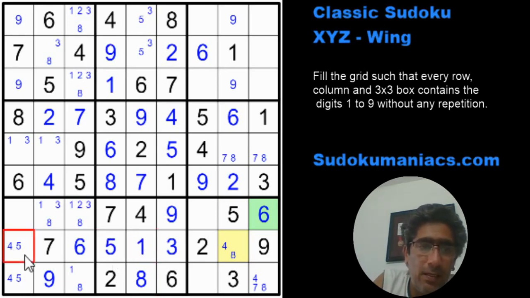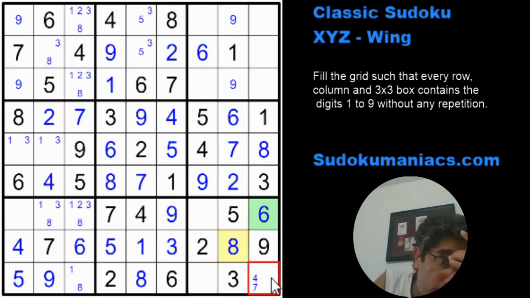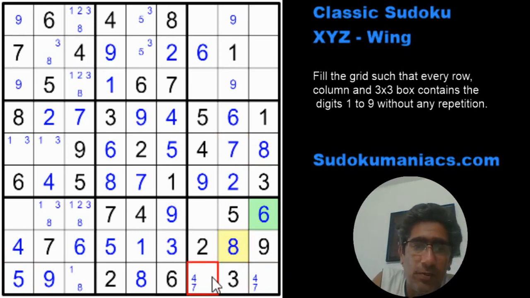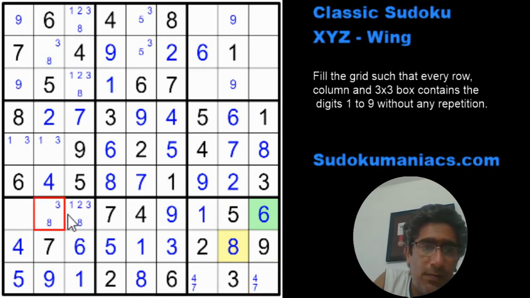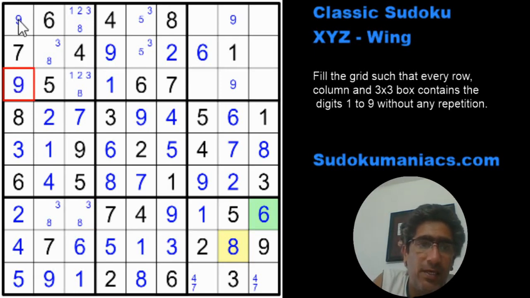This is a 1. So 4 and a 5. So this is an 8, 7, 8. 8 is 1. This is a 4, 7. I get a 1 here with a 1 here. 1 is out. So 3, 8 makes this a 1 and a 3. This becomes a 2 because the 2, so 2 is out. And this would be a 1 and a 9. So this is a 9.